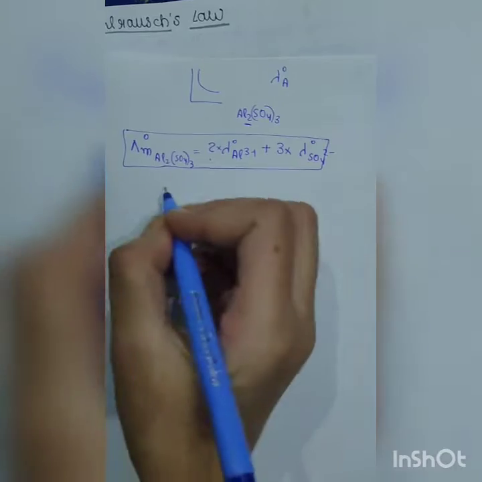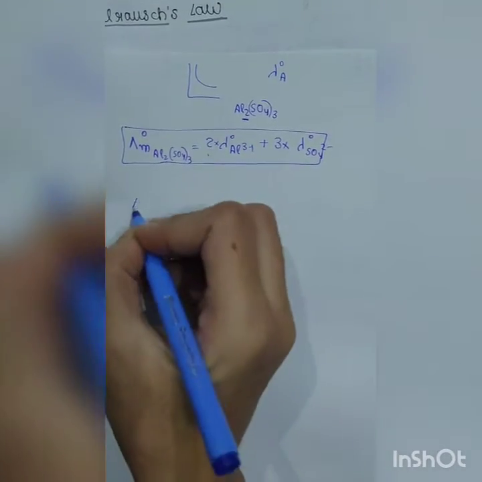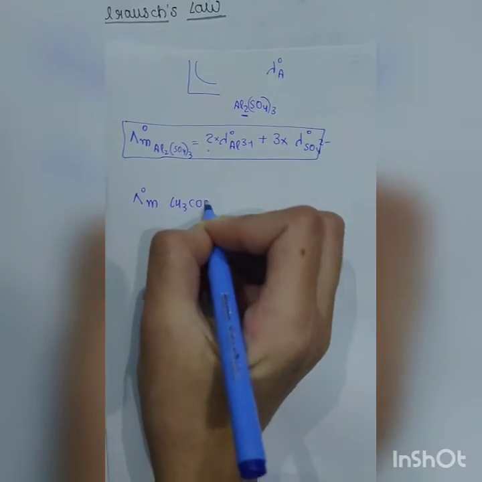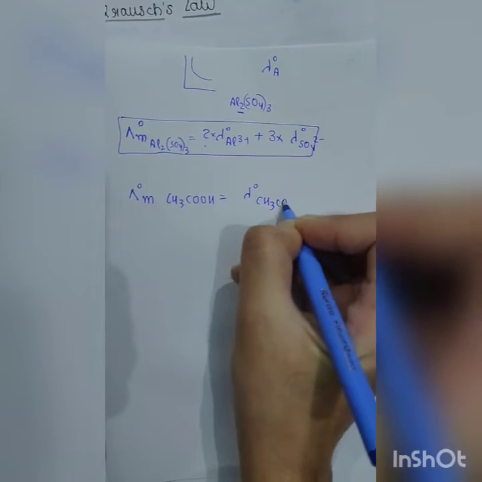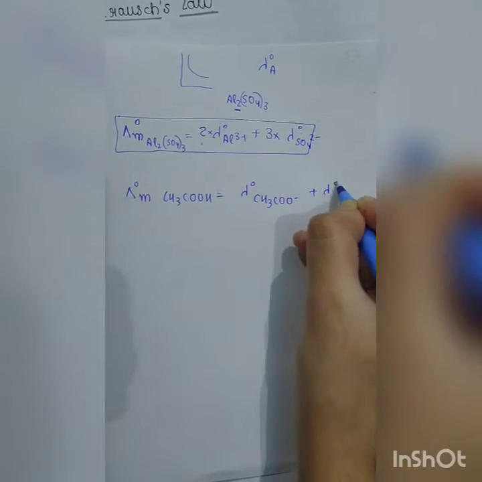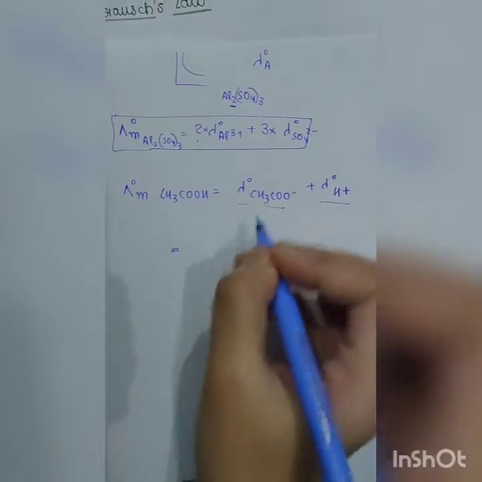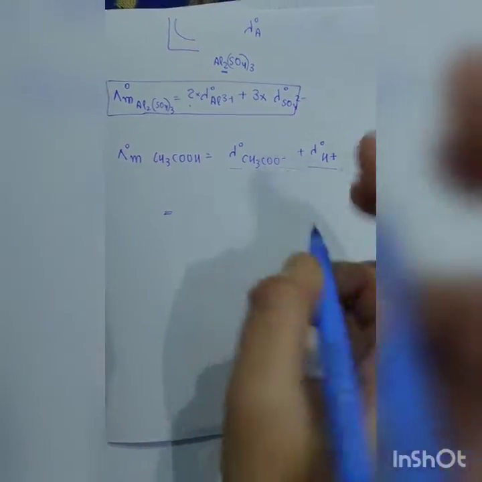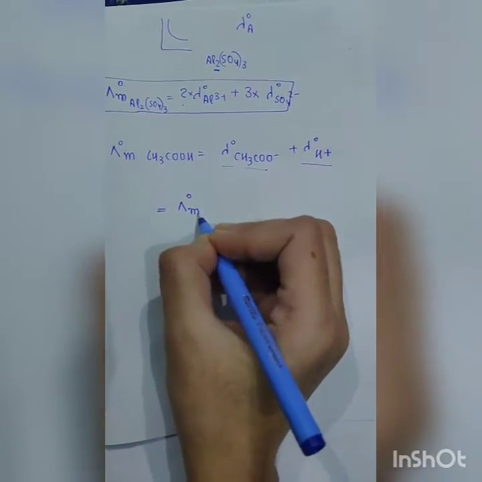For example, if we are considering this for acetic acid, अब ये तो इसके लिए निकालना easy है, लेकिन अगर हम limiting molar conductivity निकाल रहे हैं for acetic acid, so this value will be equal to limiting ionic conductivity of acetate ion plus limiting ionic conductivity of H positive ions. Now ये वाली वैल्यू हम नहीं निकाल सकते ग्राफिकली, सो इसके लिए हम क्या करते हैं, स्ट्रॉन्ग इलेक्ट्रोलाइट की टर्म्स में लिख लेते हैं इसको, प्लस माइनस करके अगर ये वाली वैल्यू आ रही है,